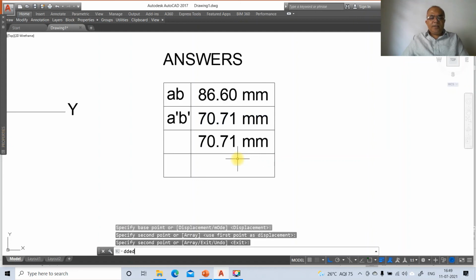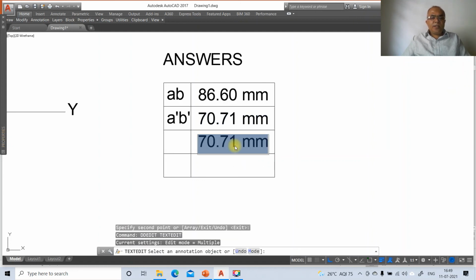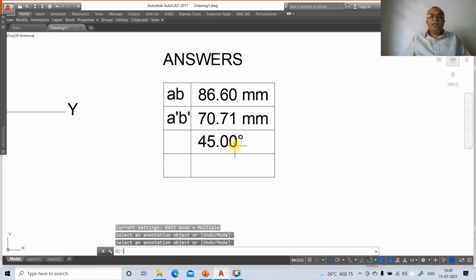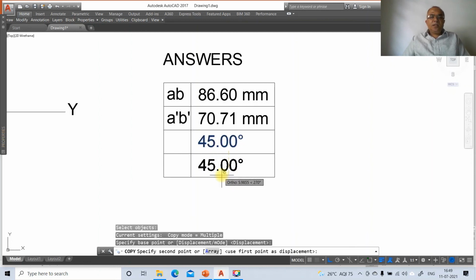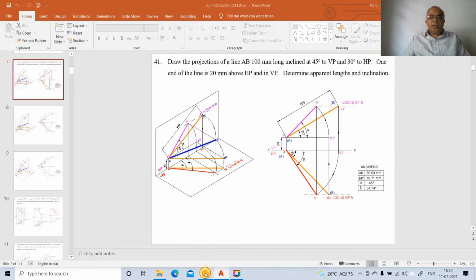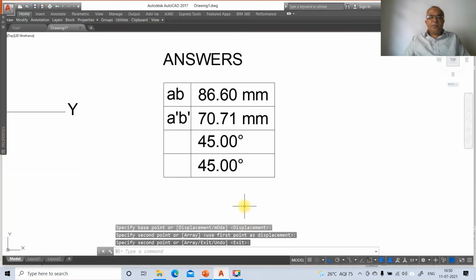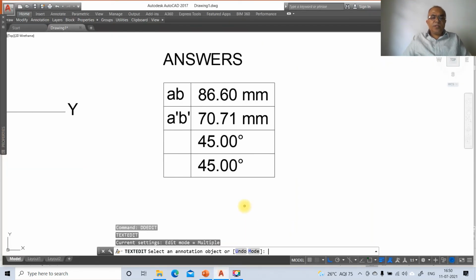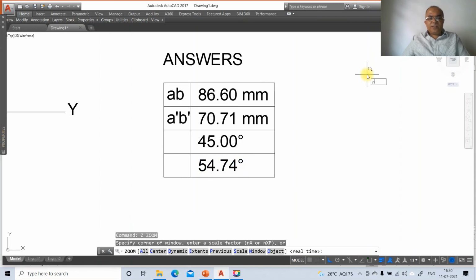Then go to DD edit, take 45.00 percentage percentage D for getting the degree symbol. Then go to copy, select this, you take it here. So here this 54.74 degree. So you take DD edit, so 54.74 degree. Then go to zoom previous.